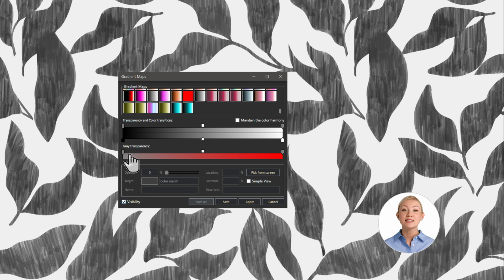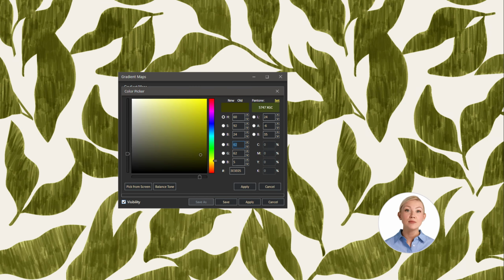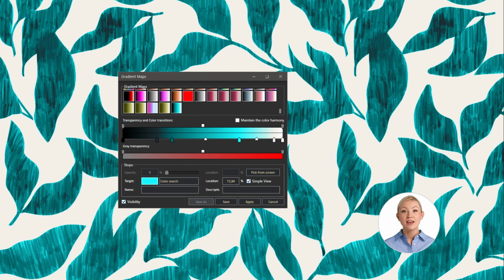Since the color needs to be selected from the screen, turn off the visibility. After selecting the light and dark colors, turn the visibility back on. We can give new colors to the selected colors by double-clicking on the thumbnails that appear on the Transparency and Colors bar. After giving the colors, we can also adjust the effect of these colors on light and dark tones